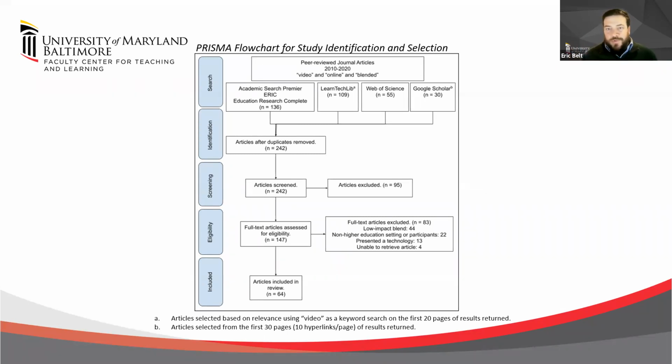I was just looking for the practitioner applications to what they're doing in their courses and things they found in those settings. I also didn't look at studies that took a deeper dive into a specific technology, right? Some studies will talk about an initiative or a tool that they created, like a media annotation tool or something like that, and I wasn't necessarily interested in that. So really just, how are we using video in online or blended courses where we're reducing time or changing the instructional activity from face-to-face to something online or with media. So it ended up with about 64 studies.